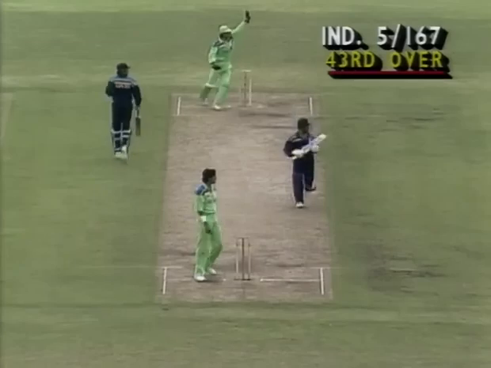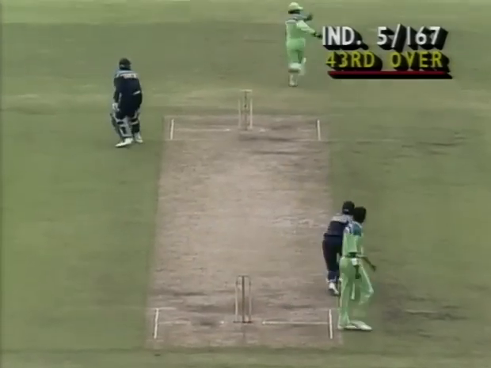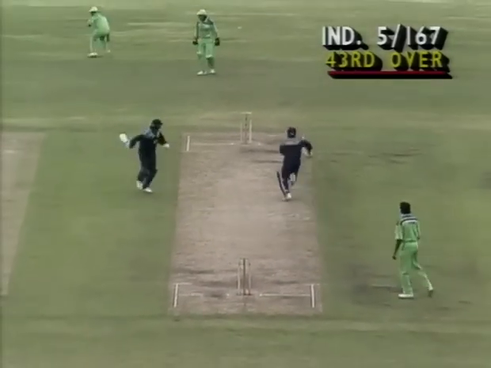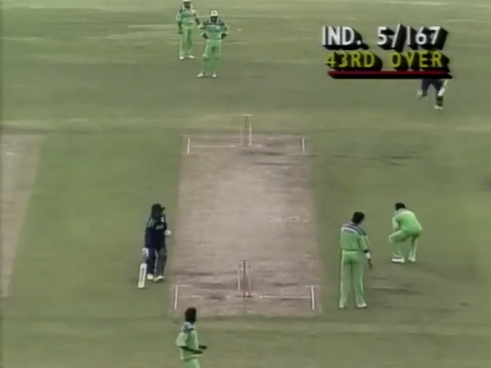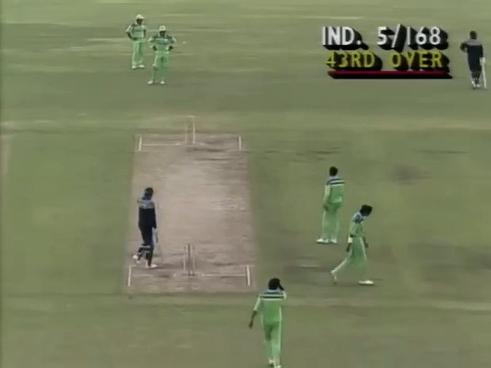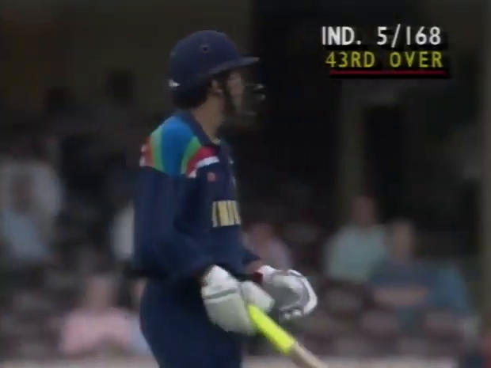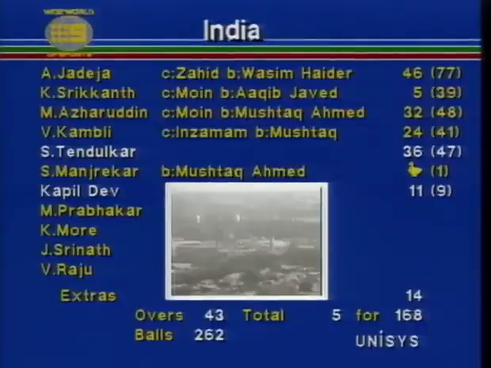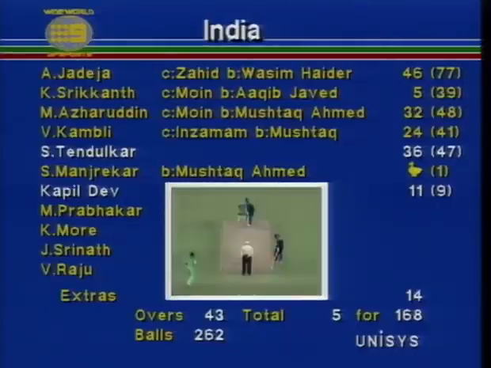It's well struck. In fact, it's well placed too. They pick up 2 through mid-wicket. So Kapil Dev once again scoring a run a ball when it's needed. They should be looking for the extra 1. Here they are. And that's intelligent cricket by Sachin Tendulkar. He's only 18. He saw the wild throw. It was a quick call. So 3 off that final delivery. 5 for 168.